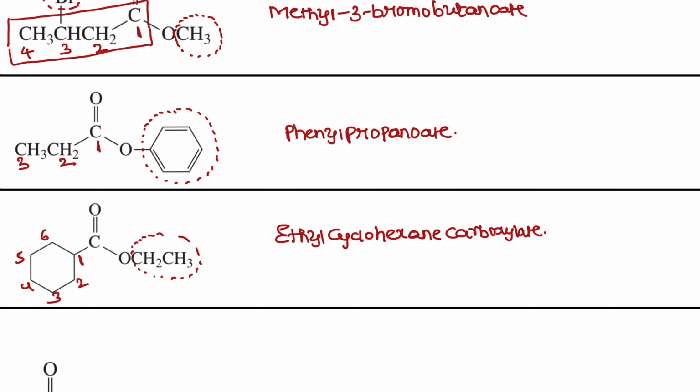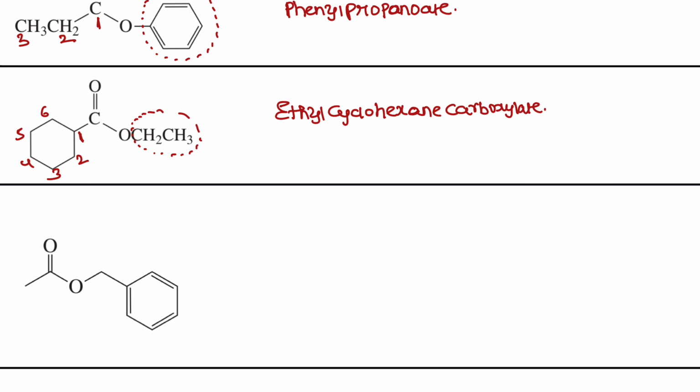Carboxylate. If it is normal, O8, but here you have to say carboxylate. Again, here we have an ester functional group, and here this is the longest chain, and this is the branch. This is the branch, and here that is attached to oxygen. So this is a complex substituent. We can say that is phenyl